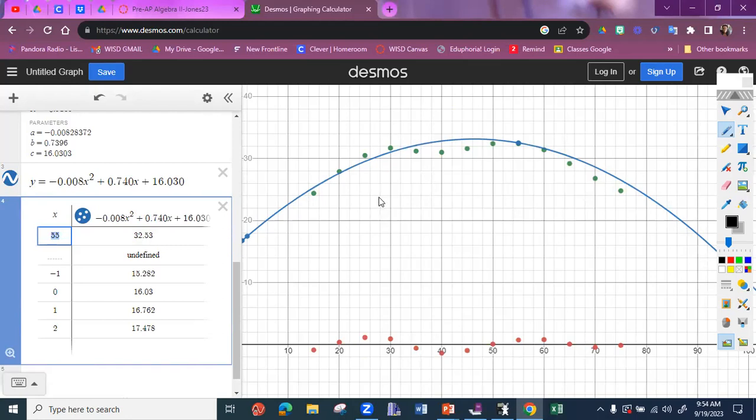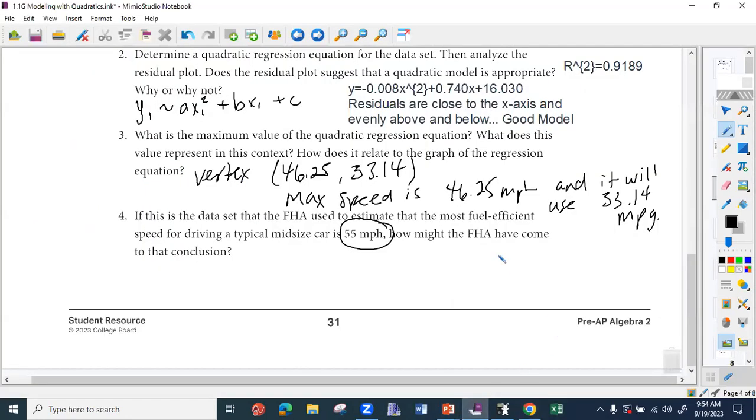Which part? Yeah. Okay, so what do we get here? I forgot that quick, my brain. 32.53 miles per gallon. Okay. Yes. Questions about Desmos? All right. So now